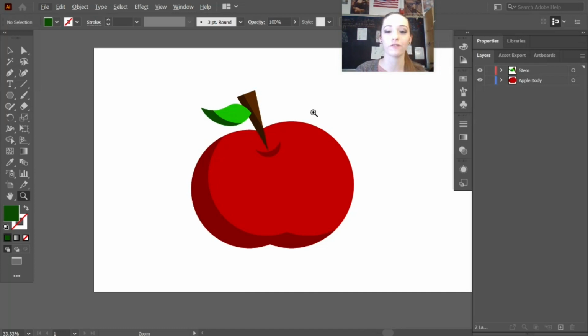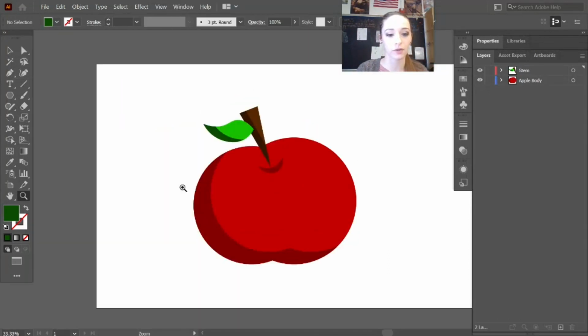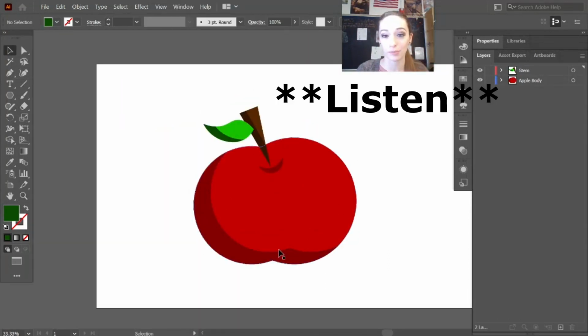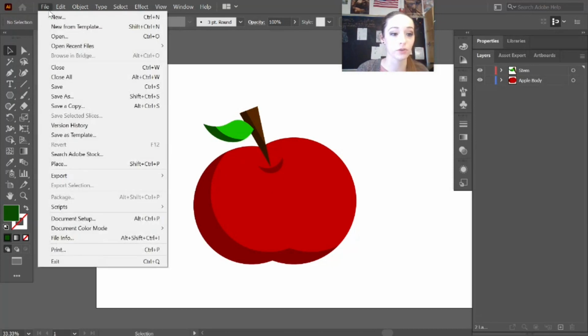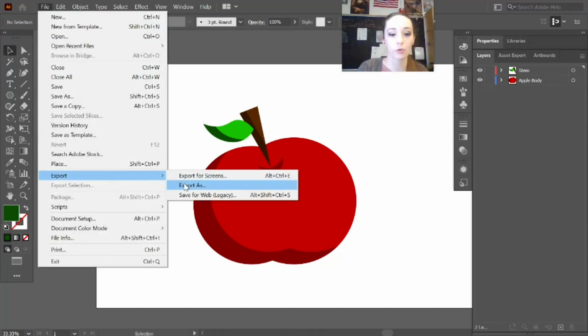And then once you have finished that shape design, you're going to export it and then turn it in to me for your minor project. So I'll show you how to export this apple, because that's what I have on my screen right now, but you will not be exporting the apple. You'll be exporting whatever unique design you choose to do for the project. So when you're done with that, you'll click File, Export, Export As,